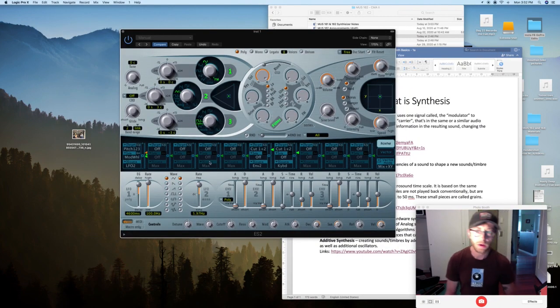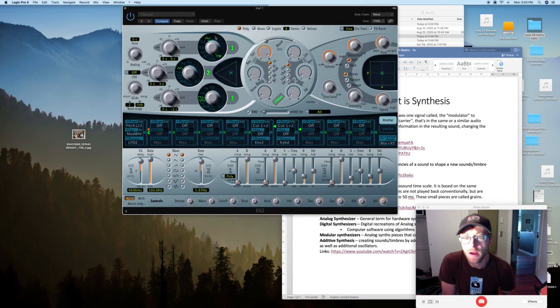All right, so what we're looking at here is the ES2. This is the basic synthesizer that's comparable to the one I was showing you in Ableton just a moment ago. This is kind of its equivalent. It's a very straightforward synthesizer where you can use multiple different oscillators simultaneously and feed those into each other to create your own unique sounds. Okay, so with this one, there are essentially three different oscillators going on at the top,